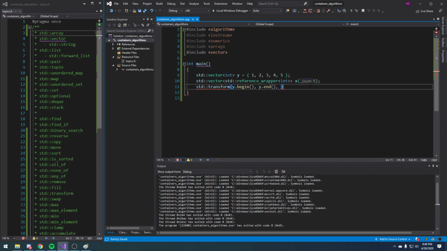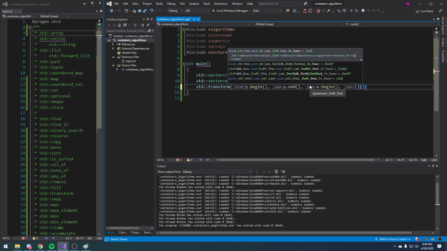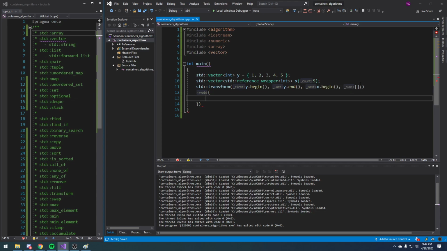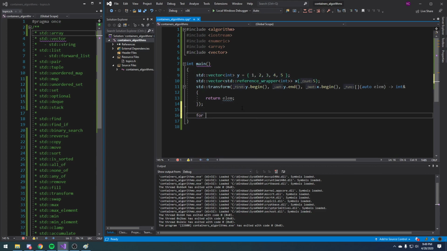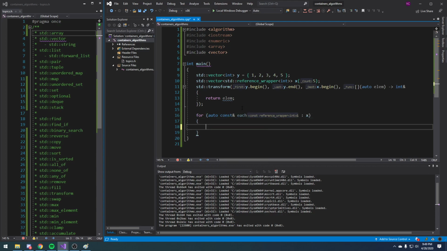Right, it has 5 elements. x.begin, comma, right. Now this is a reference. Every element is a reference to the first one. Right. So we for auto const reference each in x, std::cout each